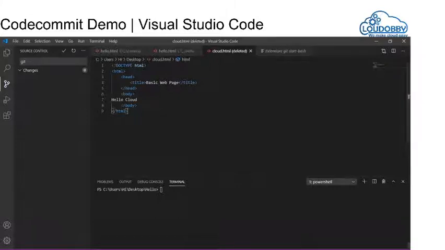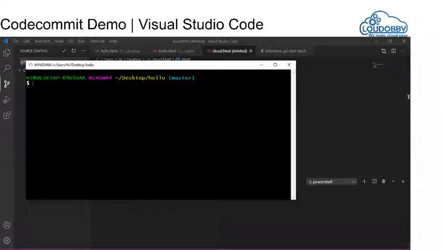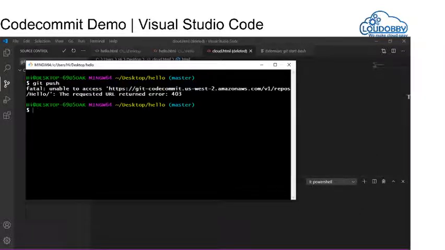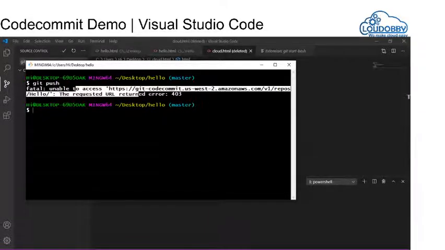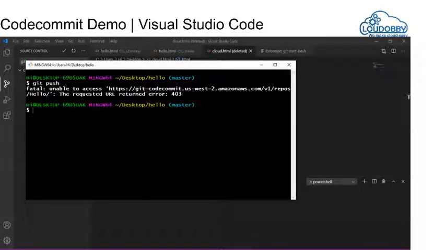Hi friends, now I am trying to push my code into the repository from my local Git, but I am facing an error because it's unable to access. Recently I changed my password, because I forgot the password, and it is set in my global config. I am using CodeCommit, so I am using the command git config --global --list.